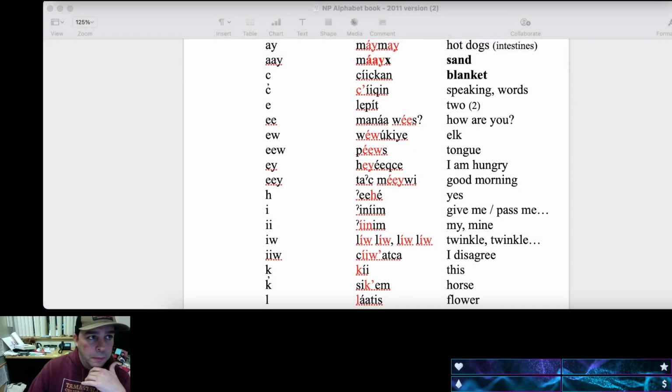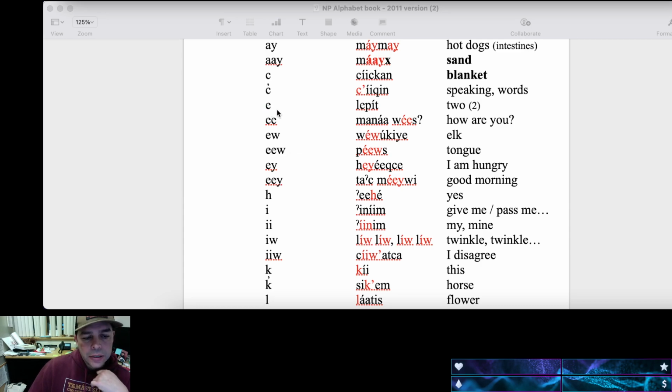On your phones, you can download an app. I used the app called IPA, International Phonetic Alphabet Keyboard. Lewis Half Moon offered a couple other apps that he's been using, and I'll post the screenshots of those in the group chat. But there's apps that can give you these marks that we need. Okay.